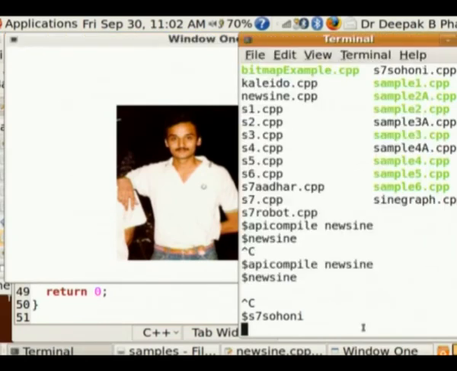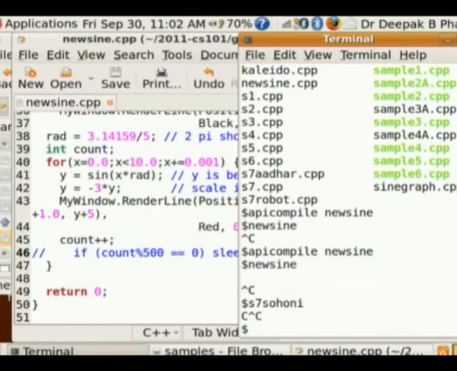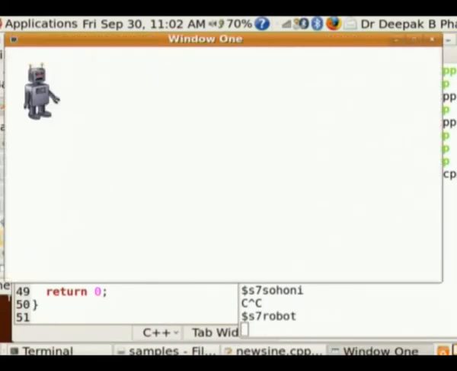Okay. There was another one where I have a small bitmap image of a robo. So this is our robo, and robo can be made to dance like this. Now, here in this program, I am moving it as per the mouse click.